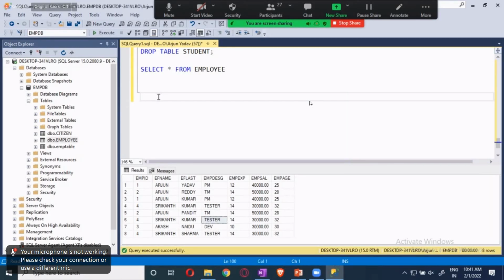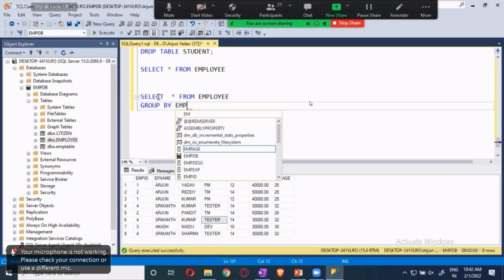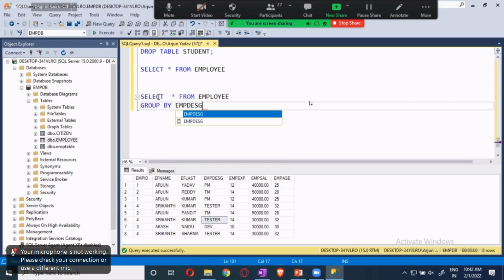Select star from employee, and if I say group by, I will give it as group by based on the EMP designation.